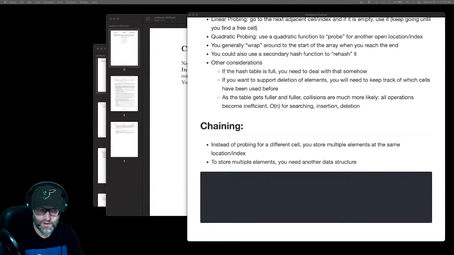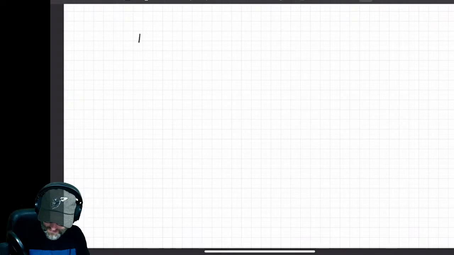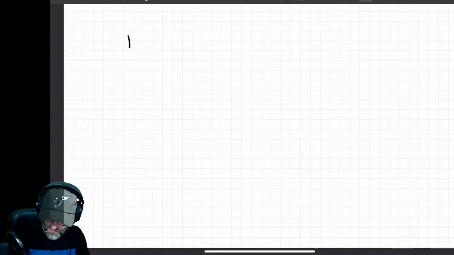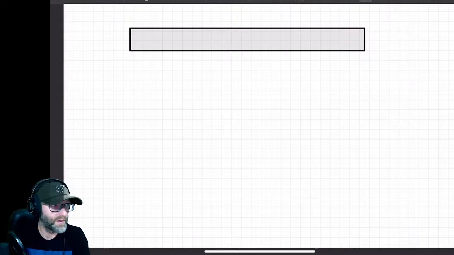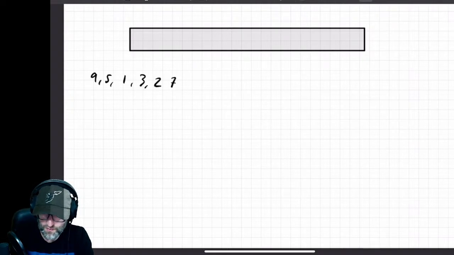So for that, let me go ahead and go back over here to the tablet, and let's look at an example. In fact, I'm going to pull an example from one of the midterms that we're about to do a review on. I think it's down at the bottom here. Yeah, let's do this. What we want to do is insert elements 9, 5, 1, 3, 2, 7, 6, 4, and 8